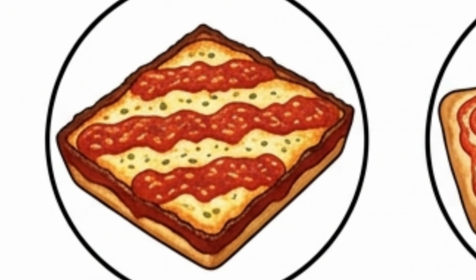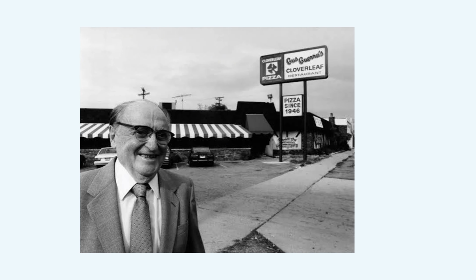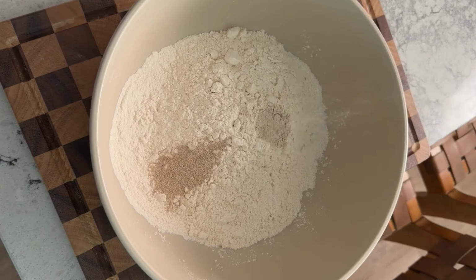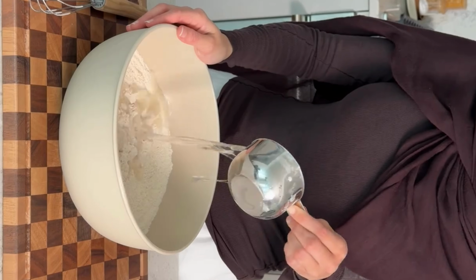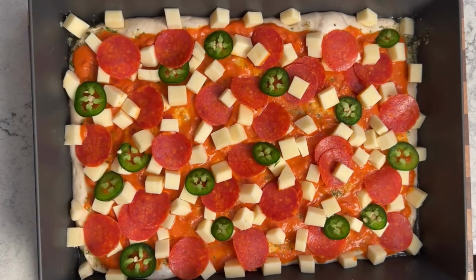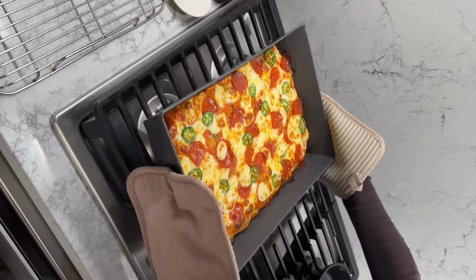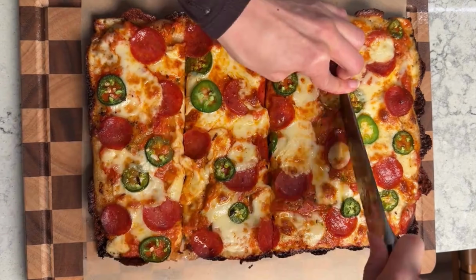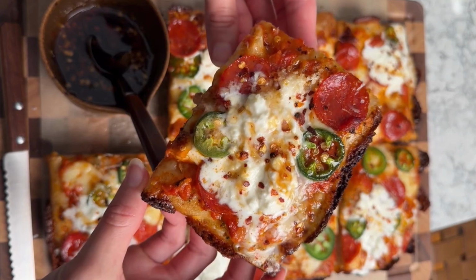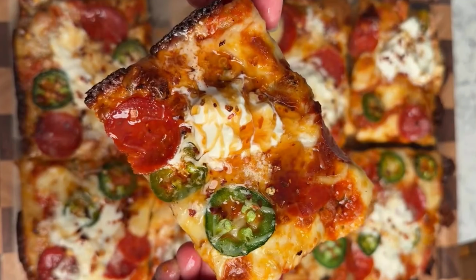Detroit-style pizza. Gus Guerra created this rectangular pizza at Buddy's restaurant in Detroit in 1946. The pizza uses a focaccia-like dough baked in blue steel automotive parts pans, which were readily available in the Motor City. Cheese spreads to the very edges, creating caramelized, crispy edges called frico. The sauce traditionally goes on top after baking, and pepperoni often cups and chars slightly due to the pan's heat